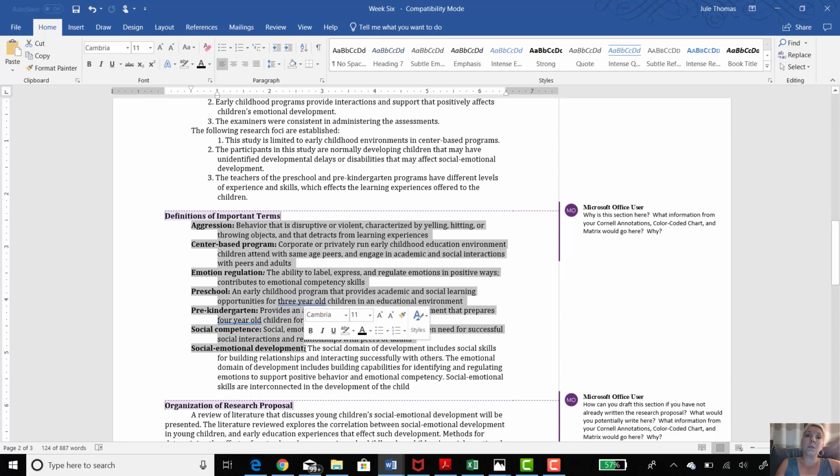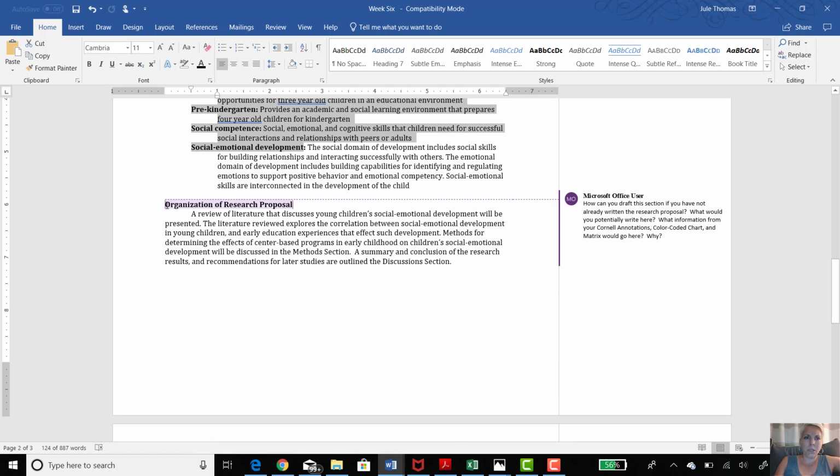This is going to be important because somebody may not be aware of this topic or have a lot of background knowledge on it, and may not know some of the key terms because, of course, you're writing for a particular academic discourse community, and you're going to want to make sure whoever's reading this is able to reference these key terms if they need to. Also, key terms are very useful for those who are researching the same topic because we use those key terms as search terms when we're going into the database system or trying to locate research that's similar to this topic. And then the last component is going to be the organization of your research proposal.